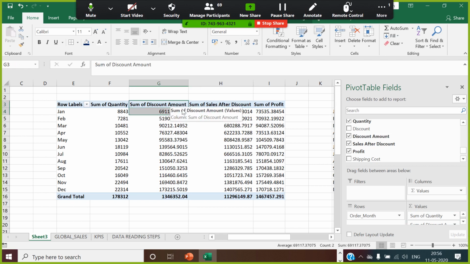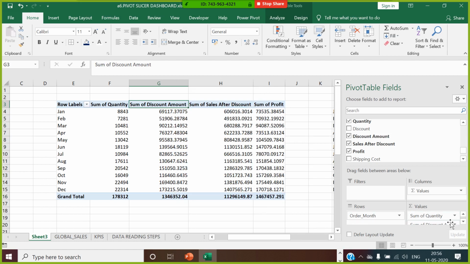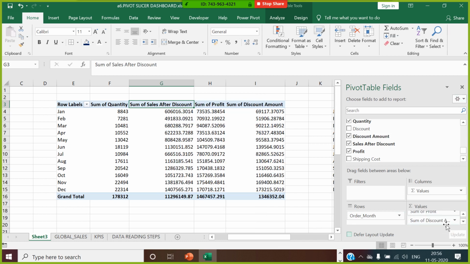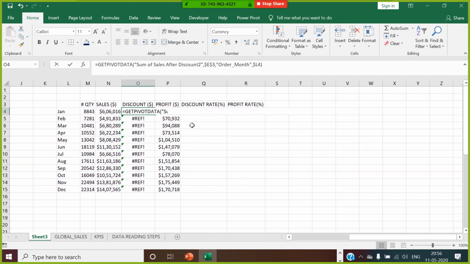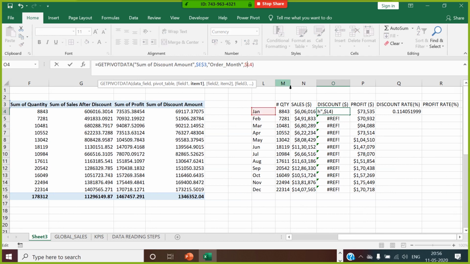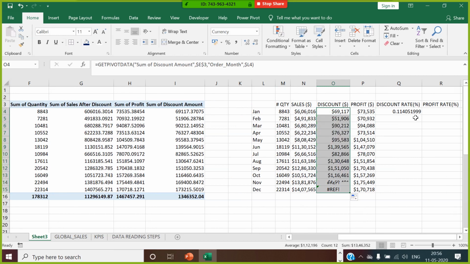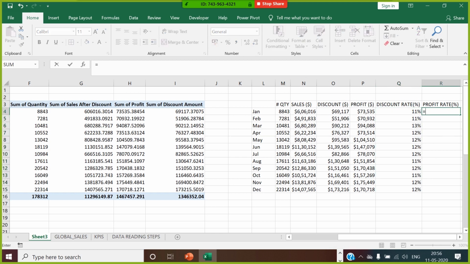Okay, so what we can do here, we cannot move that, right? Okay, so guys, this is the disadvantage in the pivot table, if you are not able to align the table. So let's say I get the discounted amount here, which is coming from this value. Now in this, I go for taking the value over here. So this is called discount percentage, and this is called profit over sales.